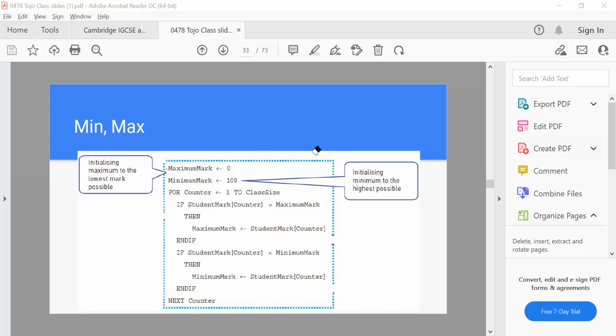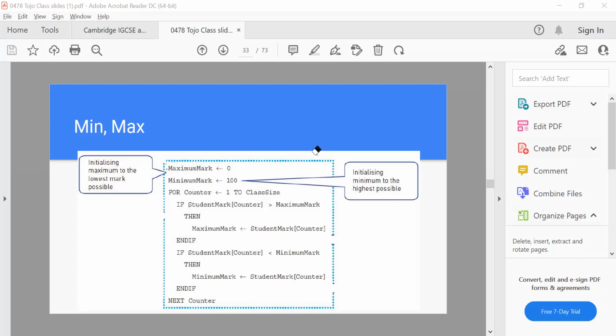What I would do is have a variable that's equal to 0 or whatever. Then the minimum mark would be equal to the first number in the list.